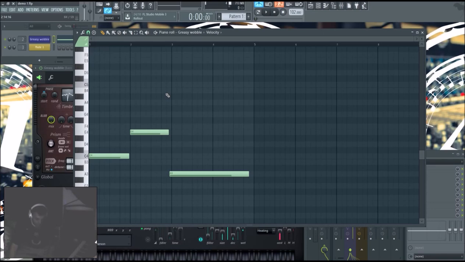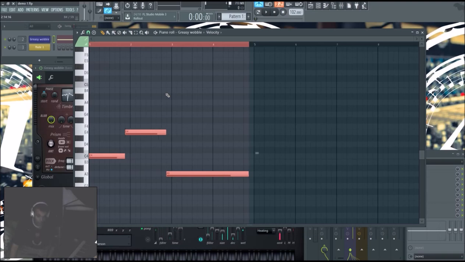So if you hold Control and then A, it will select all. Then hold Control and push Q, quantize. Now you'll have to alternate that yourself sometimes, not all the time, but most of the time. Depends how good you are. Now, as you can see, with a quantize, it's kept every single note tidy. So when you do move around the notes, make sure that they end in the black lines, if it's a simple melody like this. So now if I press play,